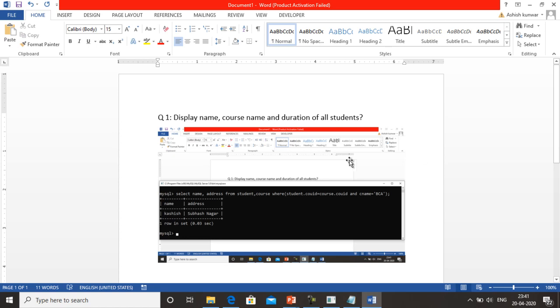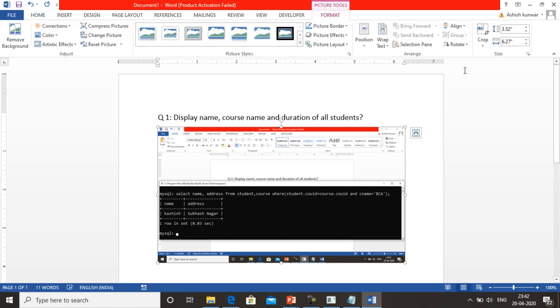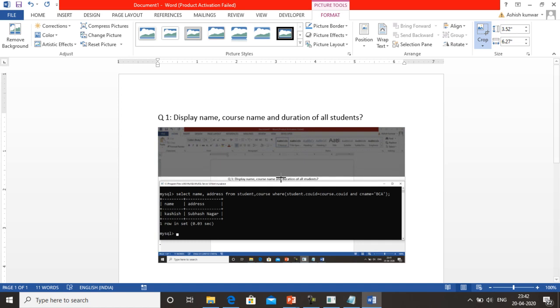So you will simply click on the image. When you click on it, square boxes appear on all the sides. At the top you see there is a picture tool, that is Format. Just click on it, and over here is the crop option. Once you click on the crop option, you can see black marks appear on all the sides. Place your mouse pointer on this black spot, and when the T mark appears, press the mouse and start